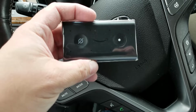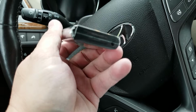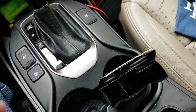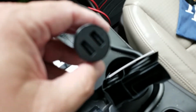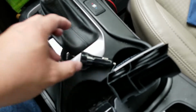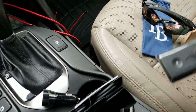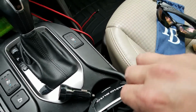So we'll open this up a little bit more. I'll get out some of the accessories and see how exactly we should be plugging this in. To make this a little bit easier to show while I'm unboxing this, here we go. You get a double-sided break for your cigarette lighter. I'm sure everyone's seen one of those. You get the actual device. There we go on that. And then you get, let's see,